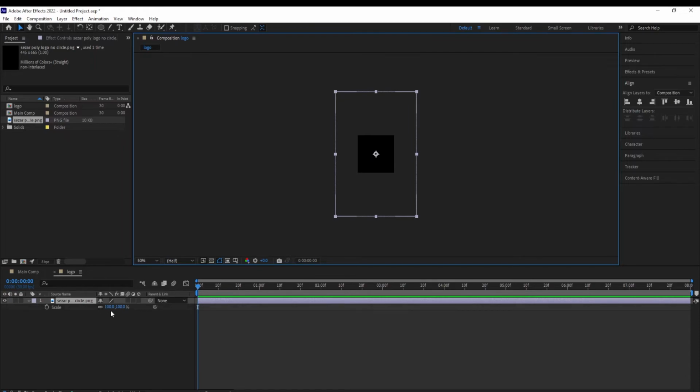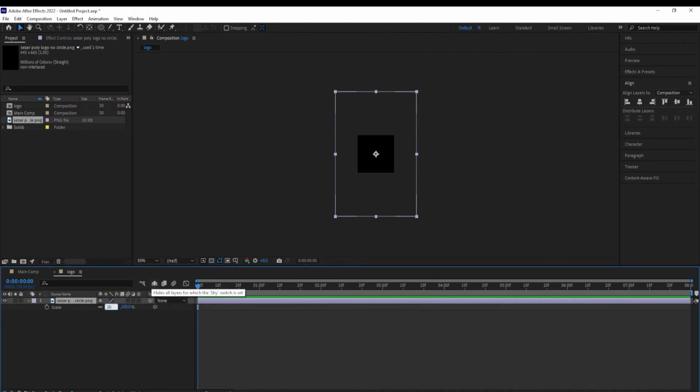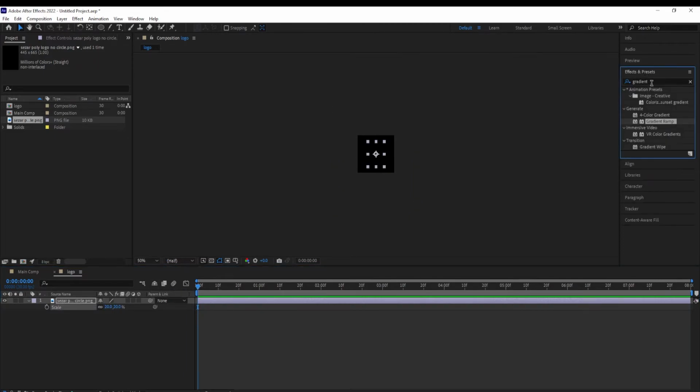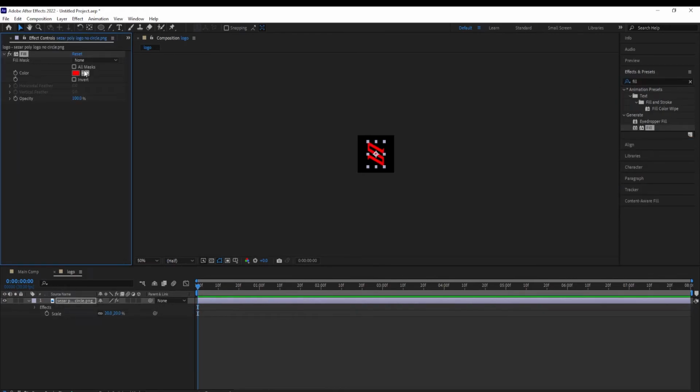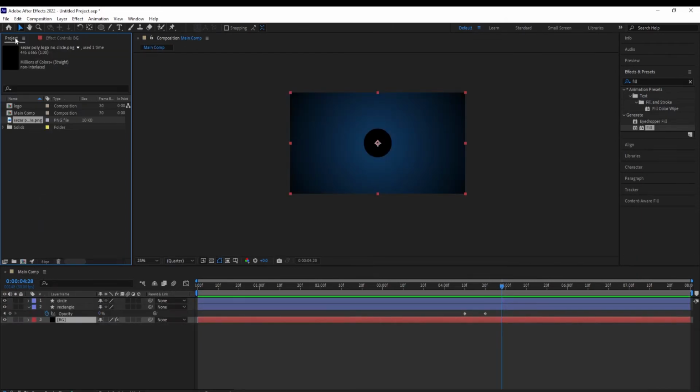and press S to scale it down, so scale it to 20, and over here, effects and presets, type in fill, double click and give it a white color. So our logo composition is done, and we go back to our main project, main comp, and drag our logo comp over here,